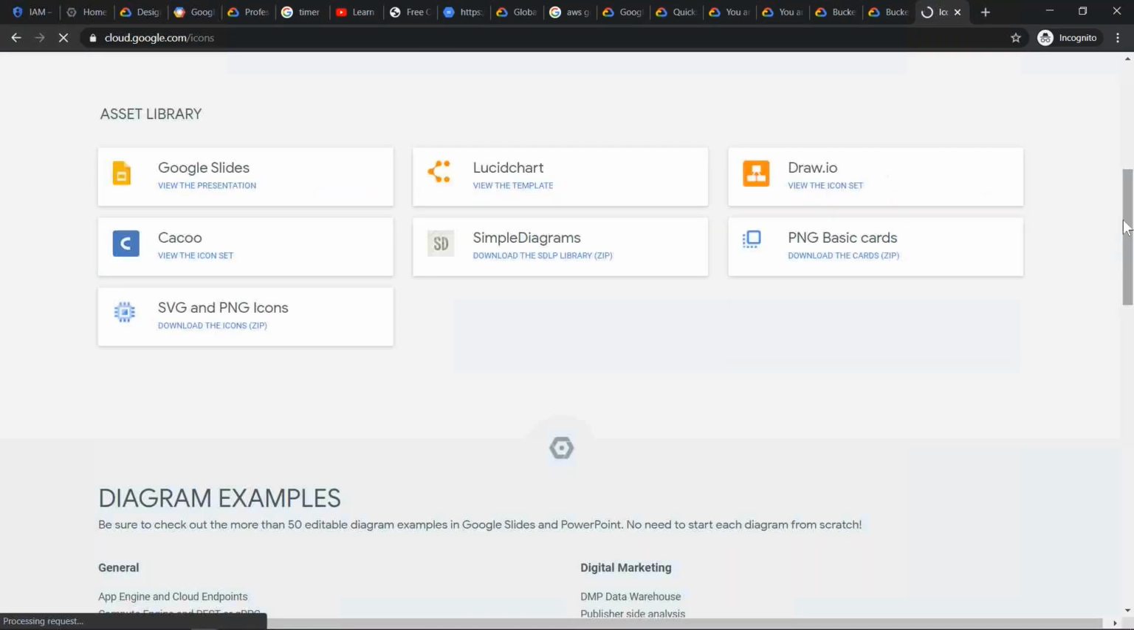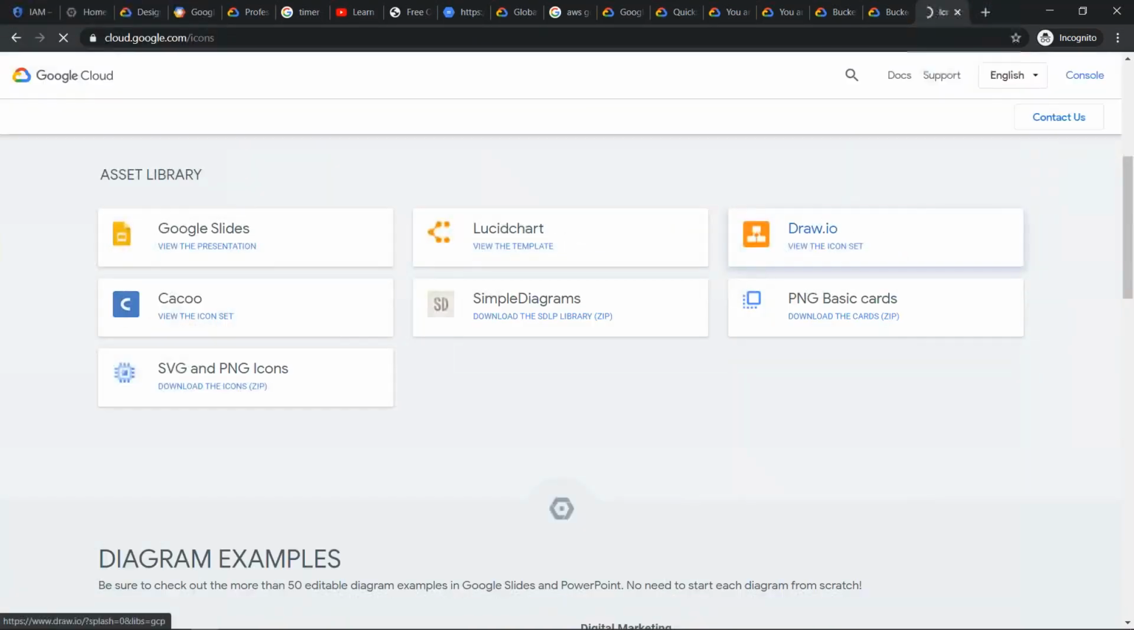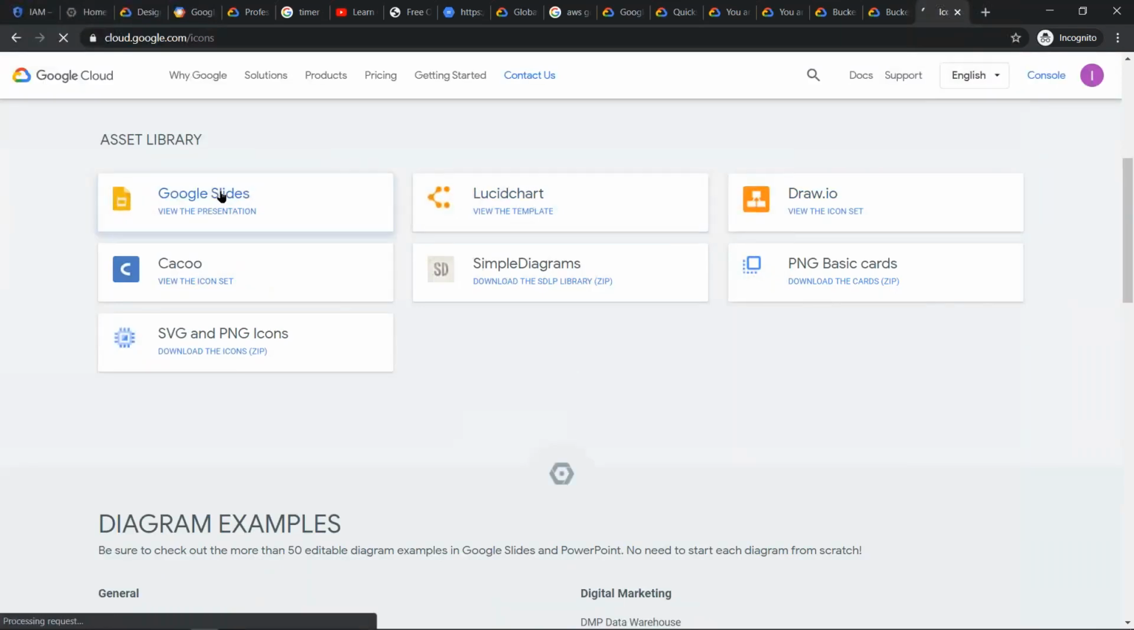You can use draw.io, Lucid Charts, Google Slides. I use Google Slides basically to do everything. Or you can also download the JPEGs or SVG format and include them in your diagram easily. So Lucid Chart is going to be better, or draw.io is going to be better if you want to create quickly. But a word of caution,